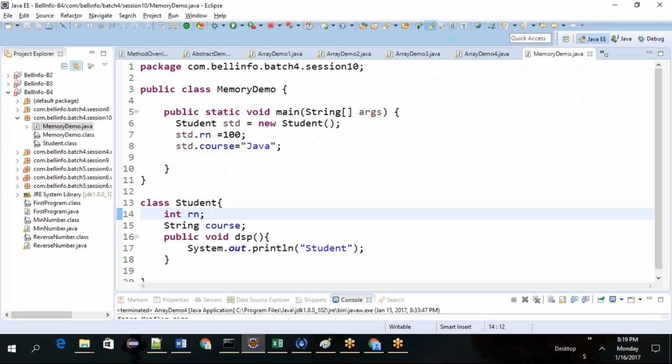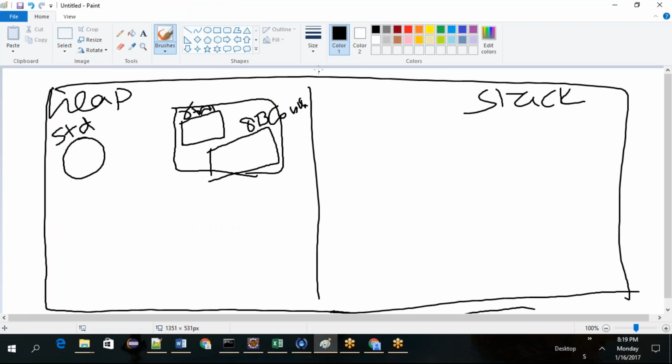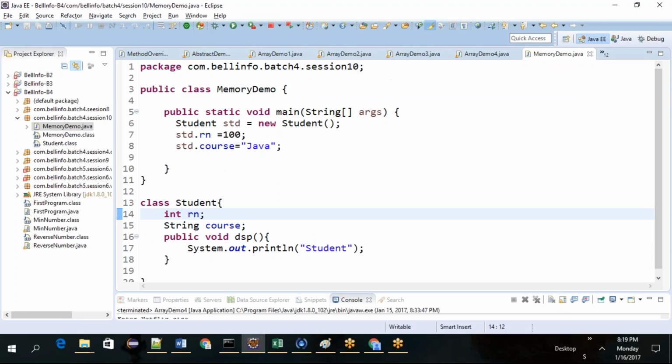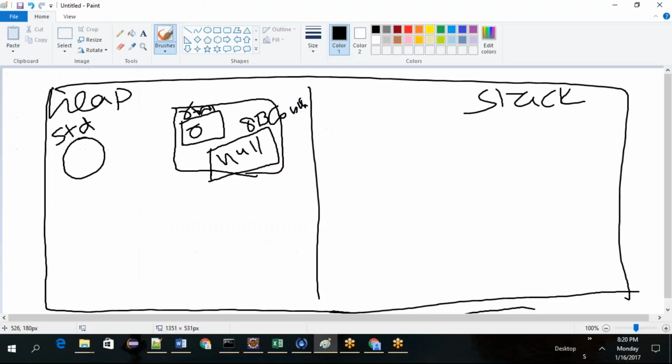Another variable is String course, right? So what is the default value of rn, the int? 0 will be here. And what is the default value of a string? For the time being, remember, the default value of a reference variable, or the default value of string, is null. Okay, null will be there inside. Null is nothing, pure empty kind of. It's not empty, but a null value is there.